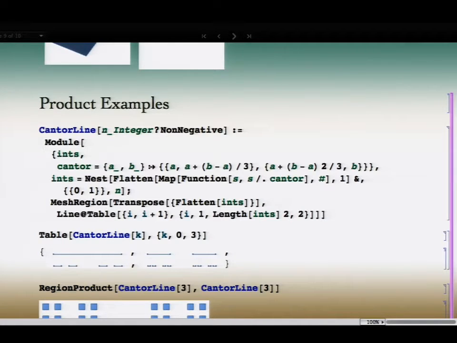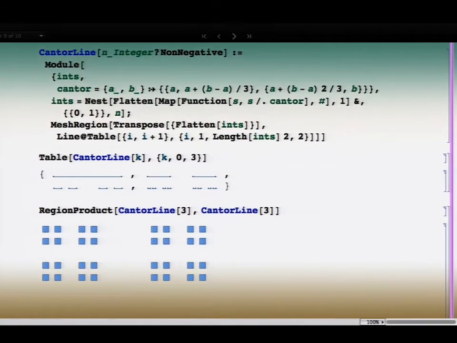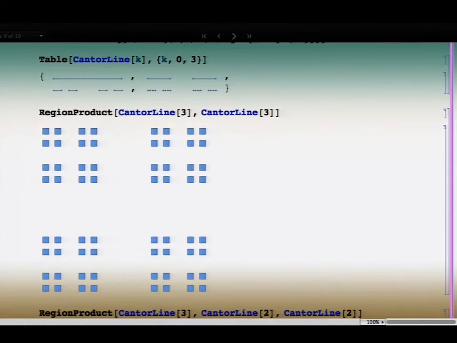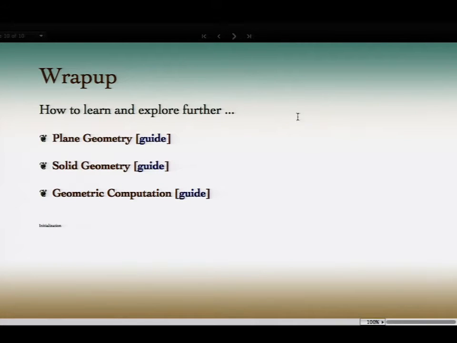Or here's another one, and there are many more of these coming. I define a 1D region called a Cantor set or Cantor line. But then I can take the Cartesian product of these. That's another way of deriving a new region: just take the Cartesian product of regions. If I take the Cartesian product of these, I get a new one. If I take one more product, I get another, and you can keep going like that. But that summarizes an